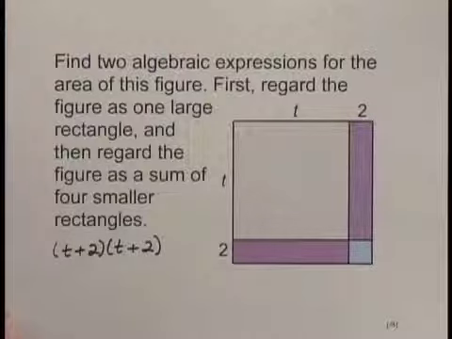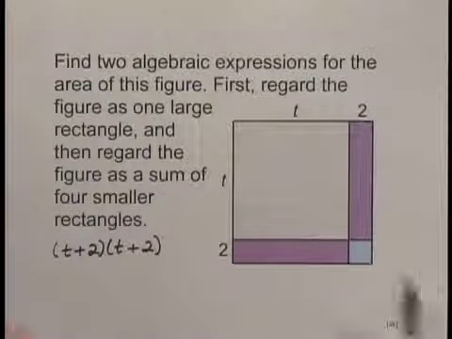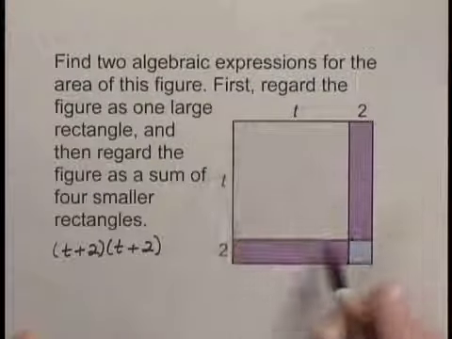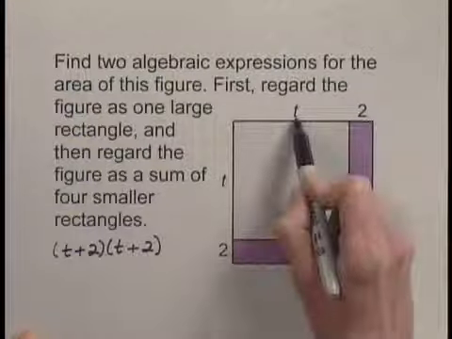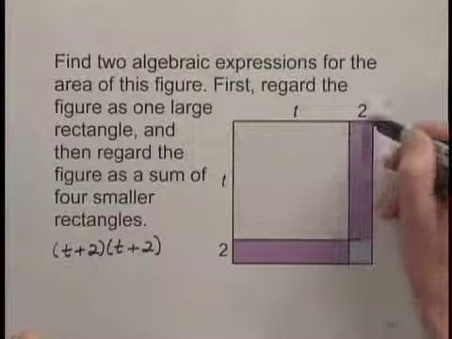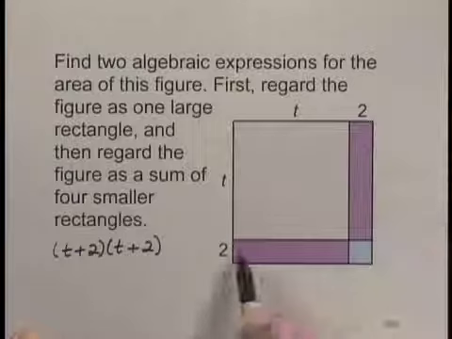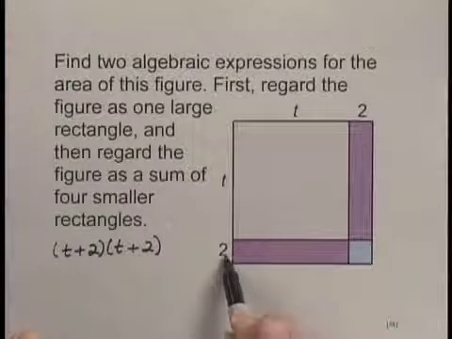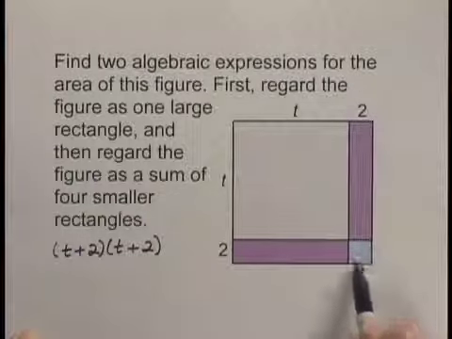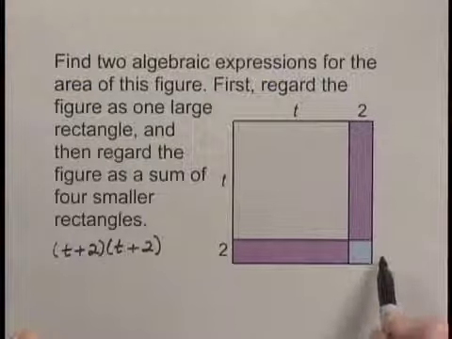Now, if we're going to regard it as the sum of the areas of four smaller rectangles, we need to find the dimensions of each of those smaller rectangles. And this largest one has dimensions t by t. This tall, narrow one here has a side of 2 and a side of t, so its dimensions are 2 by t. And it's the same for this long, narrow one. It has a side of 2 and a side of t. And this smallest of the four small rectangles has each of its sides of length